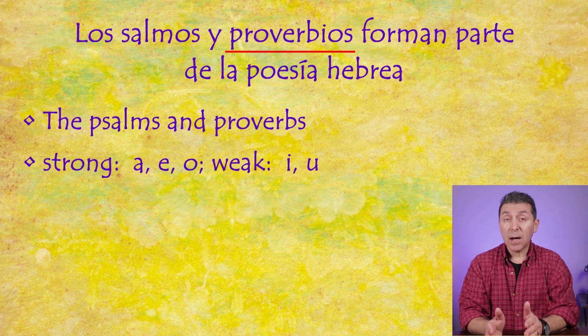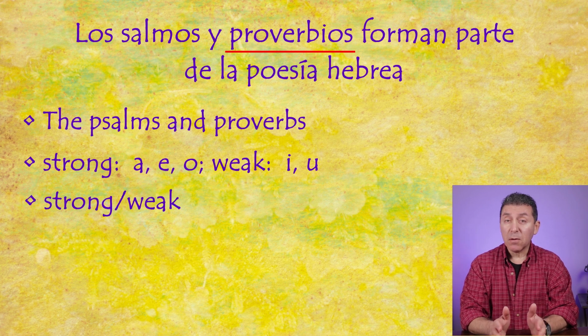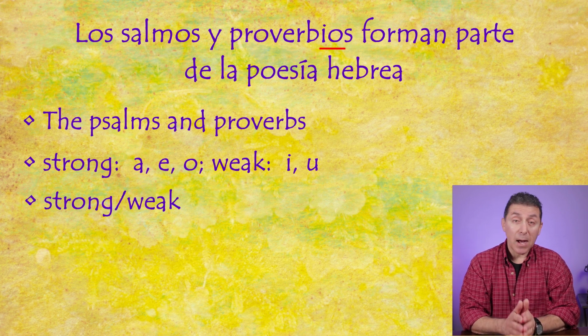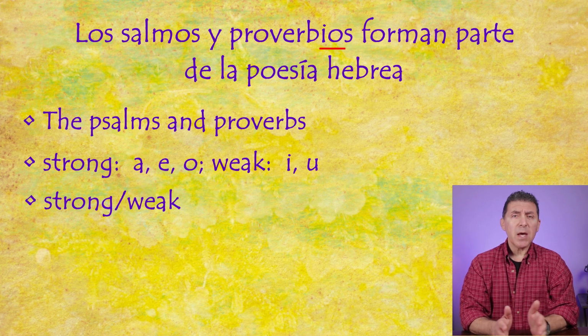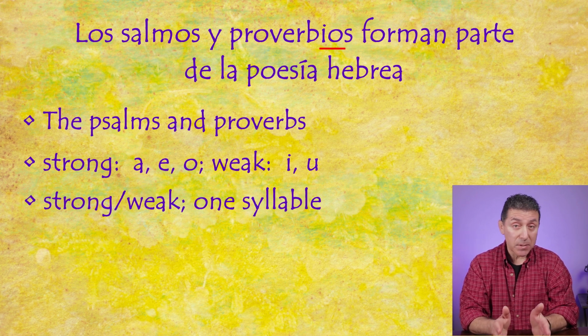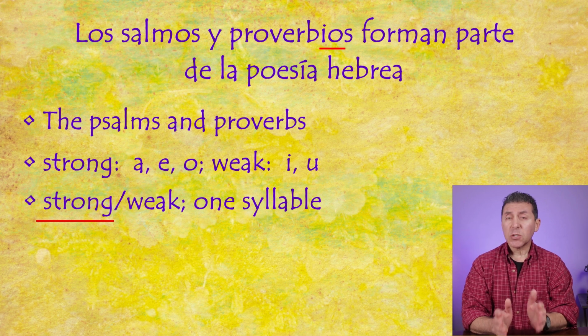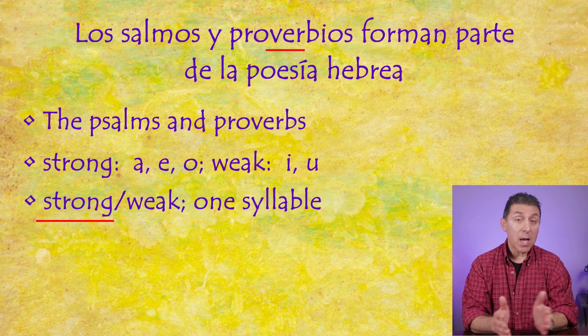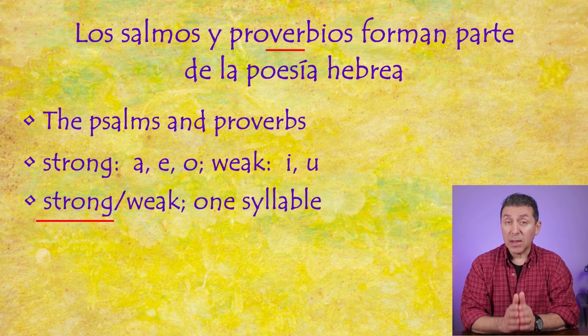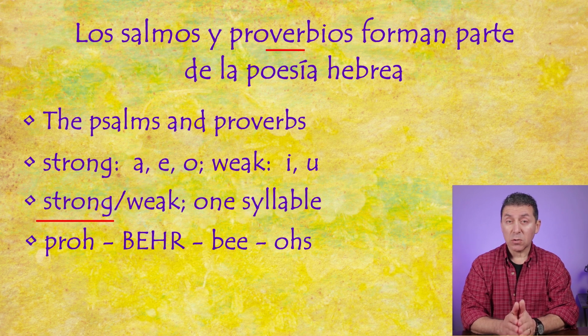weak vowels, I and U. Now, when a weak vowel and strong vowel are next to each other, like I and O in proverbios, they form one syllable, but the emphasis is on the strong vowel. The stress of pronunciation in this word is actually on the middle syllable, ver. However, make sure that you pronounce the last syllable with the stronger sound on the O. Proverbios, proverbios. A little tricky, I know, but did you get it? Muy bien. Let's go to the last part of the sentence.